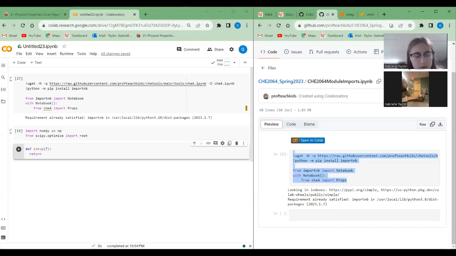Energy difference. And so we're going to do a dot multiplication, and this is going to be a dot multiplication of